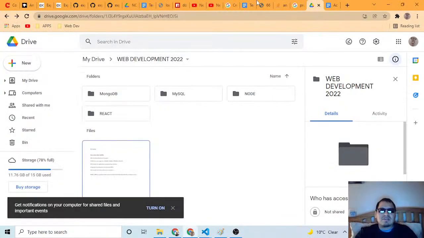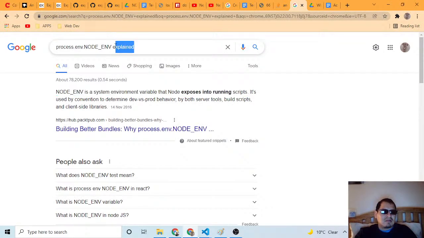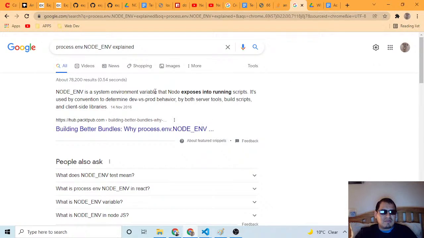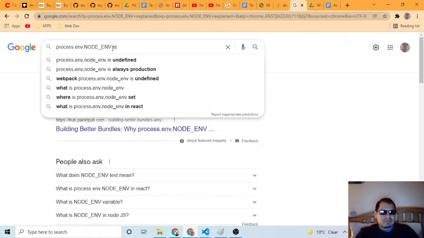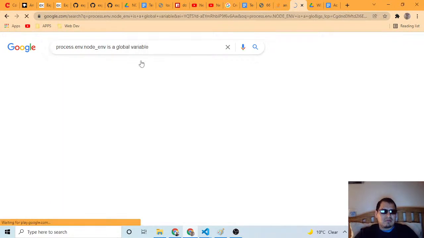Let me check what is a system environment variable. Yes, it's a system environment variable. Yeah, it's a global variable probably.